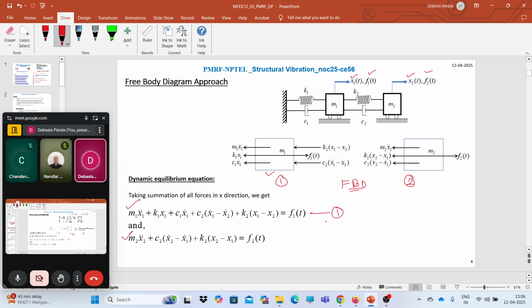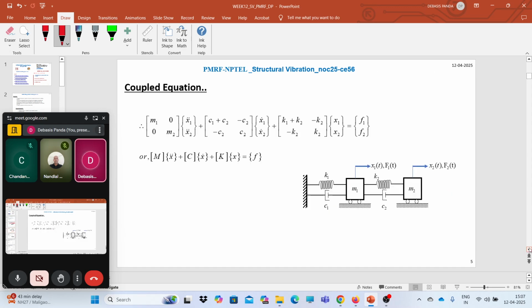Equation number one is for mass one, and equation number two is for mass two. So we can easily formulate it. If we look at this free body diagram, we can easily sum them up. Here, the summation of Fx is taken as 0, and in this way we have formulated these equations. After that, when we combine these two equations, we will get the coupled equation